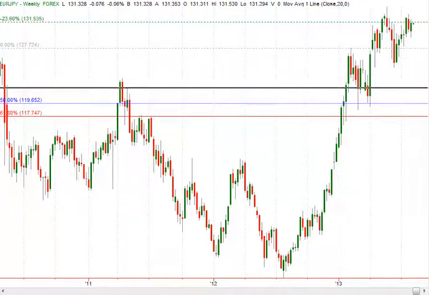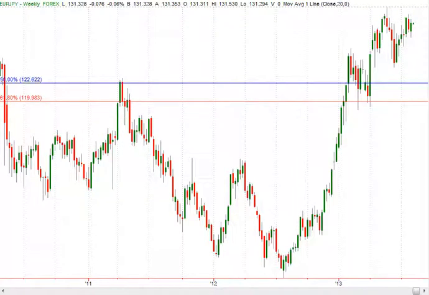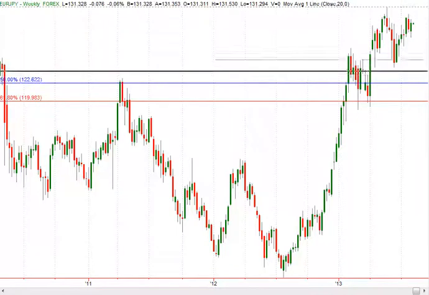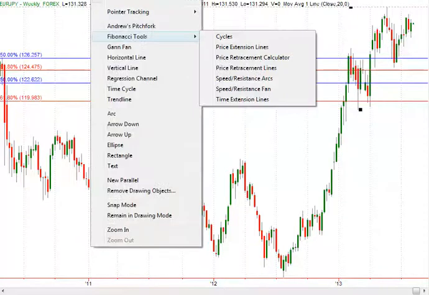Now we have two levels of support we have to watch for this pair. The first one will be the next extension measured move higher, and if price gets to this 122.60 level, we could see participation higher here. Then we have this area of support here, which comes at 126.25. So at the moment we still have support for this pair. If the 126.25 is tested again, we could see a continuation lower, price piercing this 124.47 level, and then the 122.62 level would be the next level of support for this pair for a continuation higher,